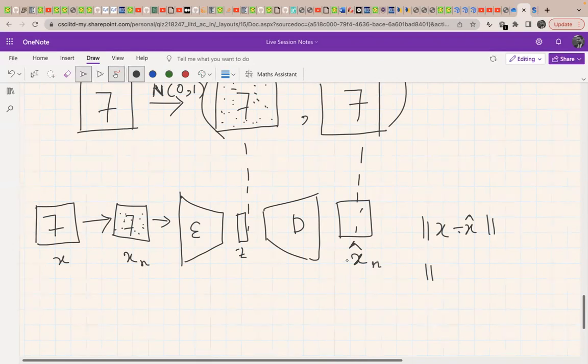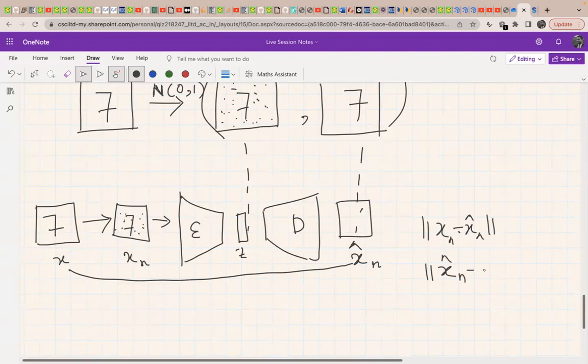X and X cap N. So earlier it was N, now we'll take the difference between this and this. We want this xn hat to be similar to x, not xn. Sorry, we want this xn hat to be similar to x, not xn. So that's where we will put it as